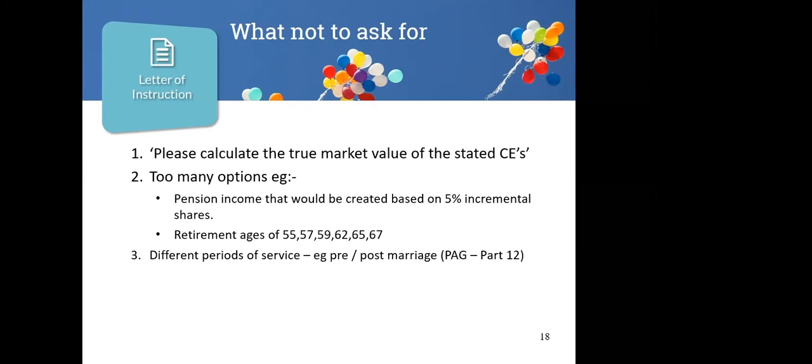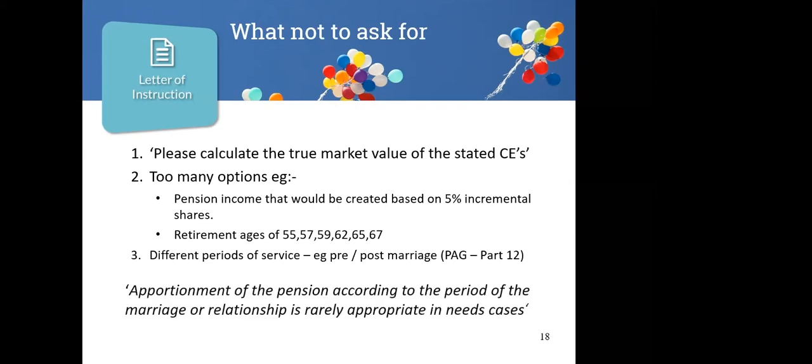And the PAG report, if you look at the PAG report in section 12, it talks about the cases where you ask for different periods of service, pre and post marriage, or what it calls apportionment. The direct quote is that apportionment of the pension according to the period of marriage or relationship is rarely appropriate in a needs case. So this is all about needs cases, which I think is the majority of pension sharing cases, where needs override